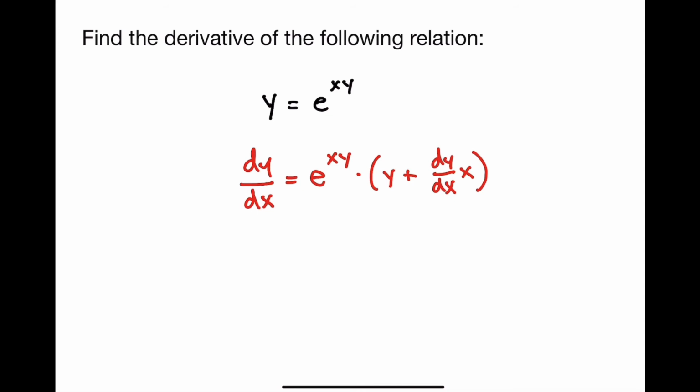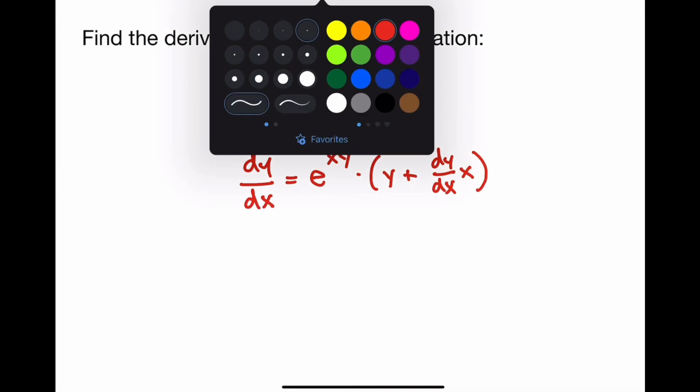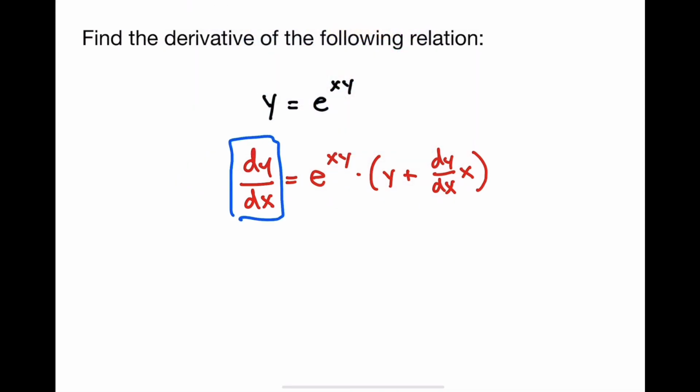Now, what we're actually trying to find here is dy by dx. And we need to isolate dy by dx because this isn't really a solution, right? Because we've got another dy by dx over here. So this doesn't give us an exact relationship between dy over dx and a function of x and y. So what we need to do is find a way to get the dy by dx's on one side and